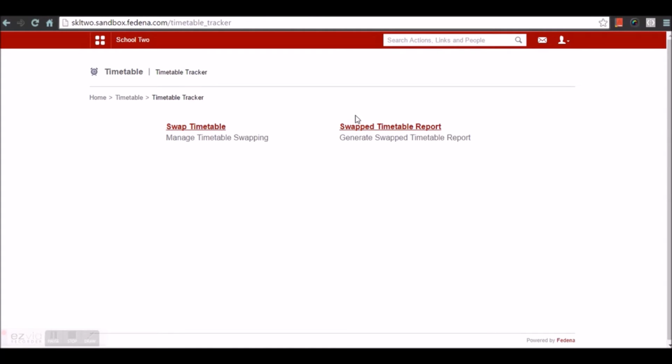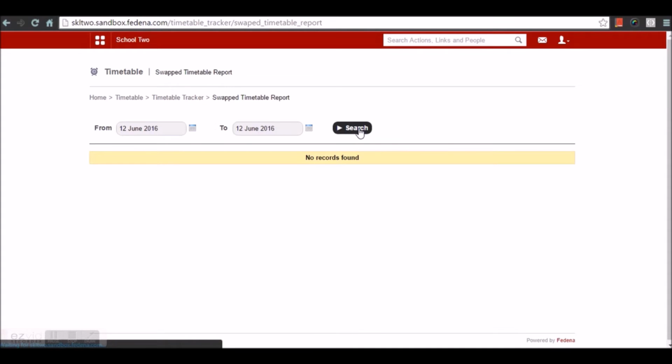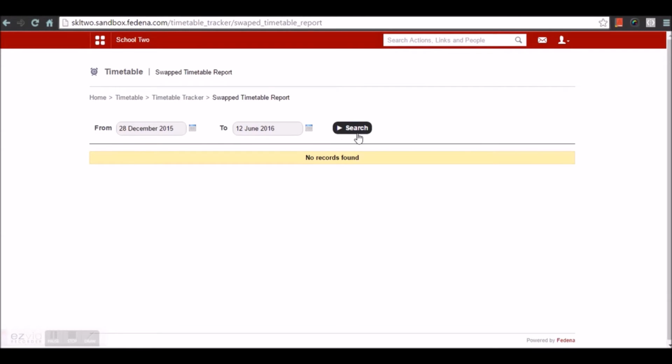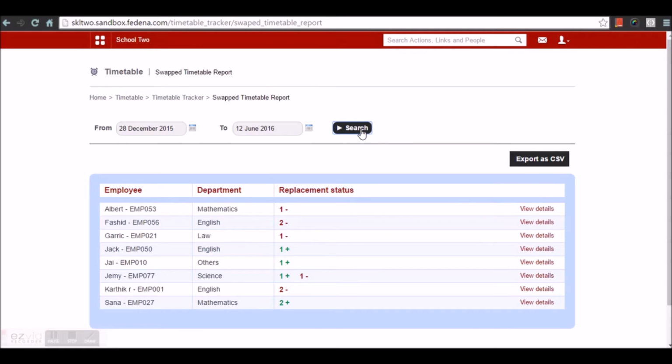timetable report. By going for swap timetable report, I can have a look at the swapping that has happened for a time duration. I can choose a start time and end time, and it will display the list of swapping that has happened in a time duration. So this is how the swapping would look like. And as you can see, there are the employees, the department and the replacement status. So each employee and their respective department will